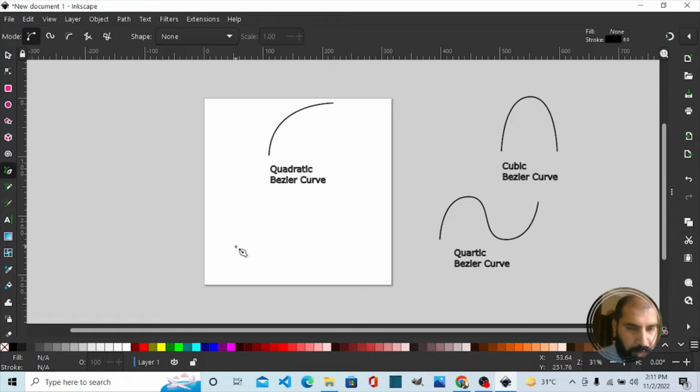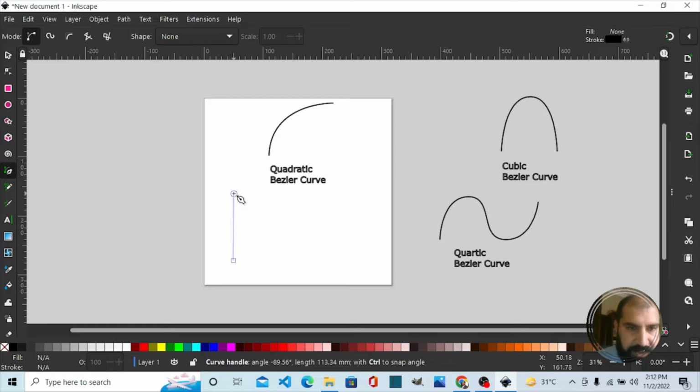Here the rule is changed now. We start with the left click, the left button of the mouse, and the shift key. We will hold both these keys, the shift key and the left click of the mouse. Hold both of them and start dragging the mouse. You will see a handle will emerge, and as you release both of these buttons, you will start drawing the